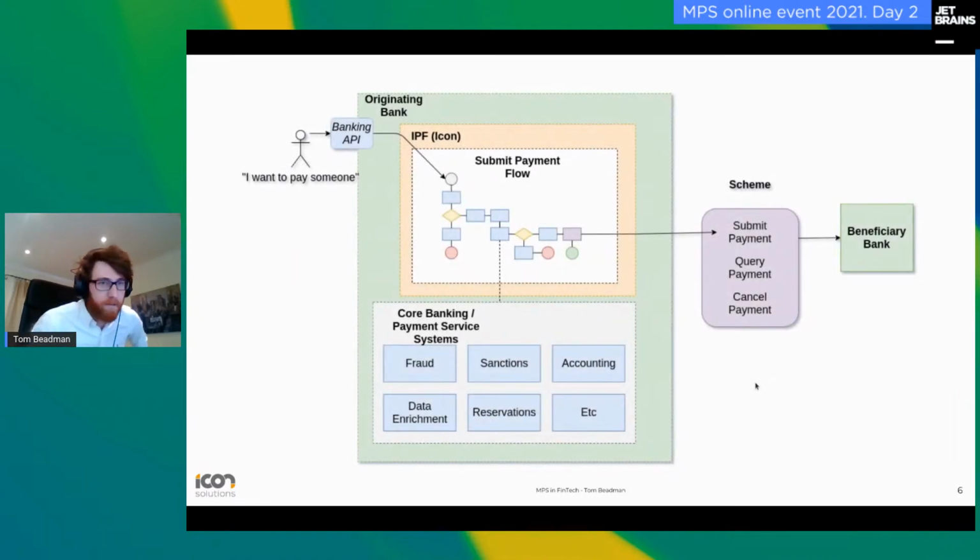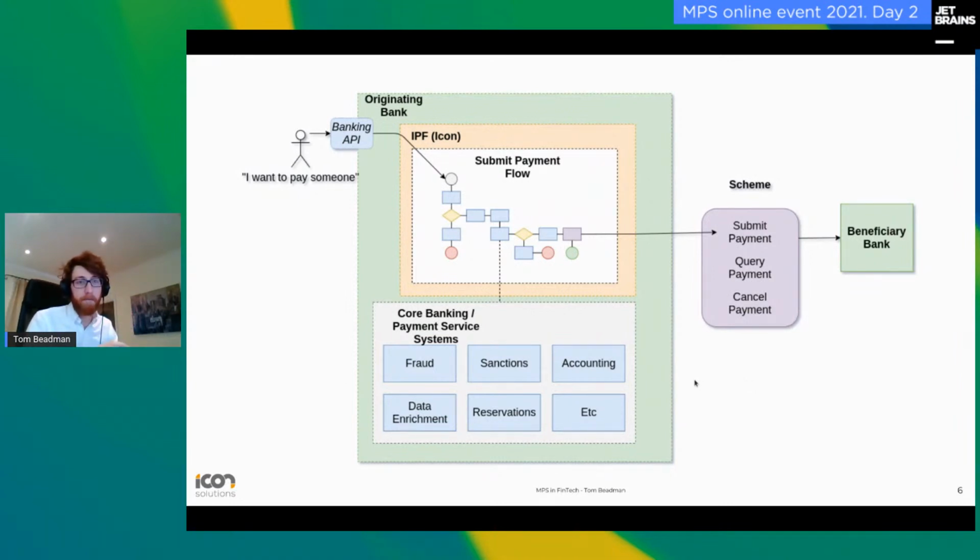So this diagram here is just a very, very crude view of if there's a person in the top left, they would like to pay someone from another bank. What that ultimately looks like is the bank connecting out to the scheme, either directly or through a PSP, in the form of a submit payment. But prior to that, there are lots of different things that the bank may or may not want to do with that payment. There are certain things that are always typically invoked, such as fraud, sanctions, and accounting. Those will be different systems for different banks, but the entire processing flow itself may also have a completely different shape. So there's a processing orchestration type flow prior to submission to the scheme,